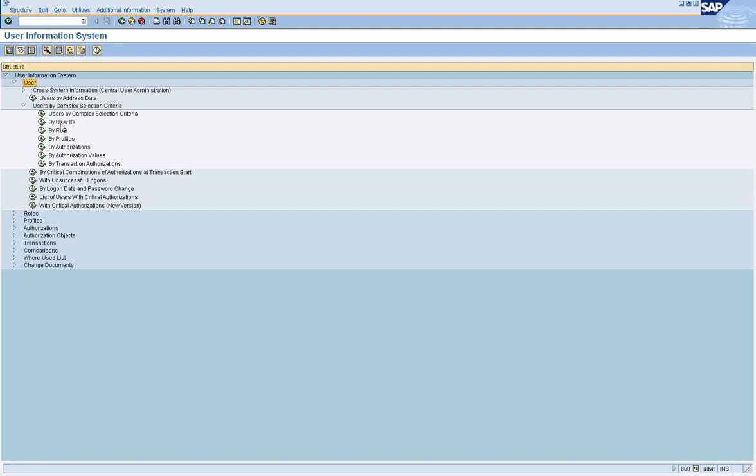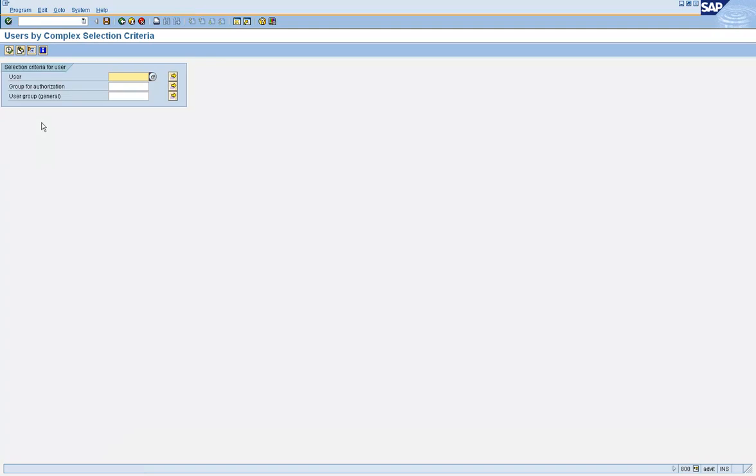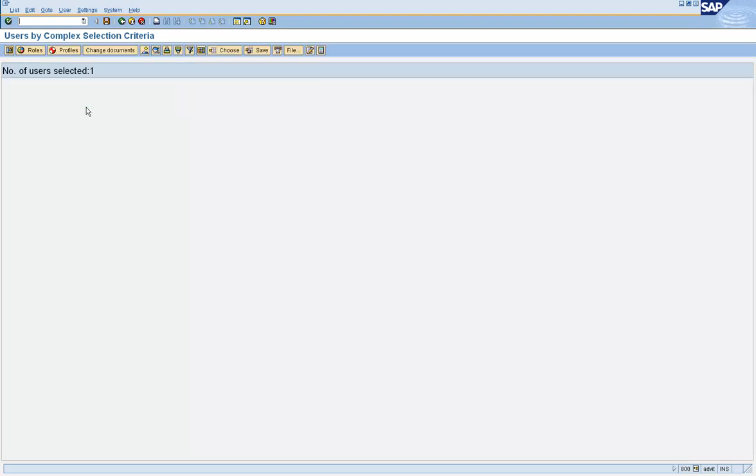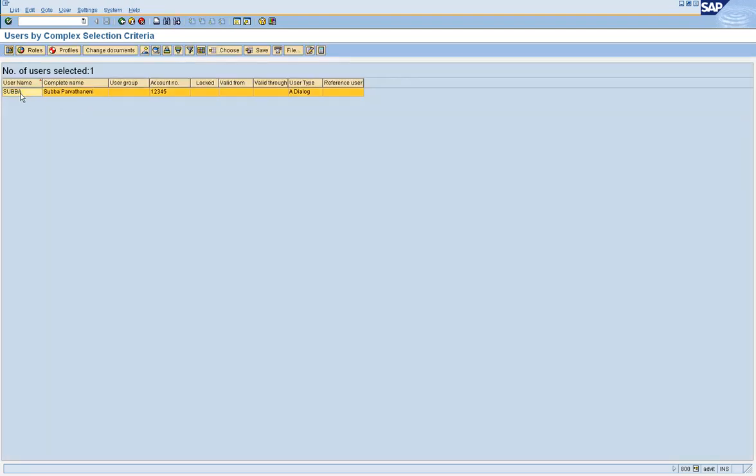Let's say, for example, when you do by user ID, and I give a user ID there, click on continue, it gives me my user ID, my complete name. If I am assigned to a user group, it will give me the group name too. So it's personal information.